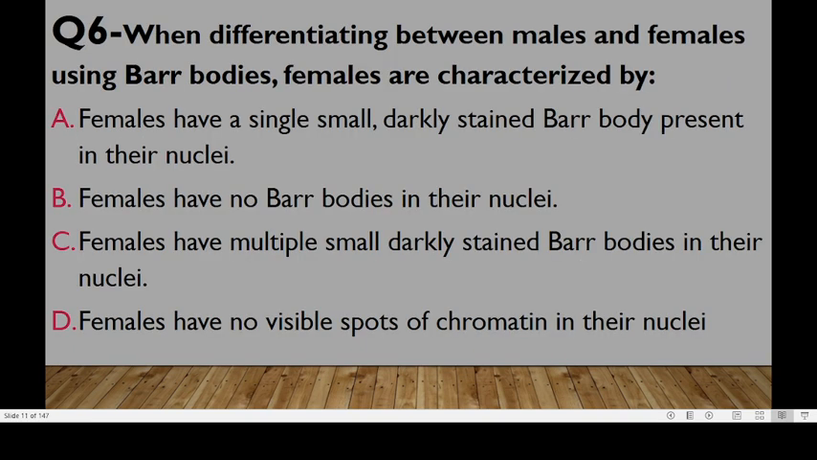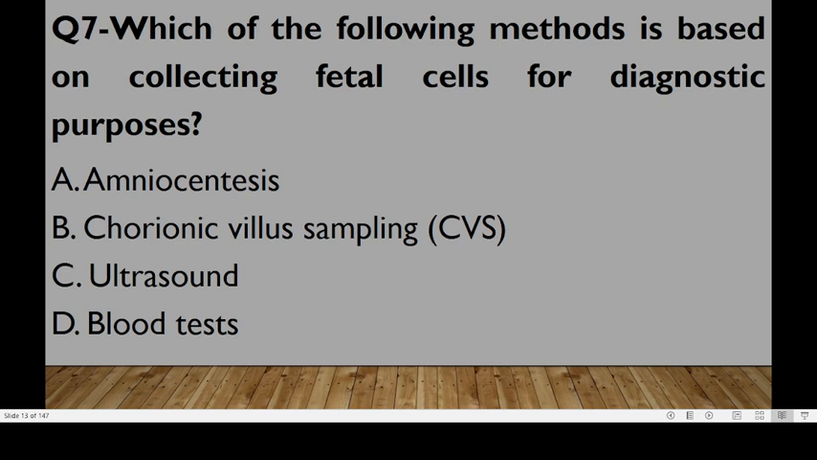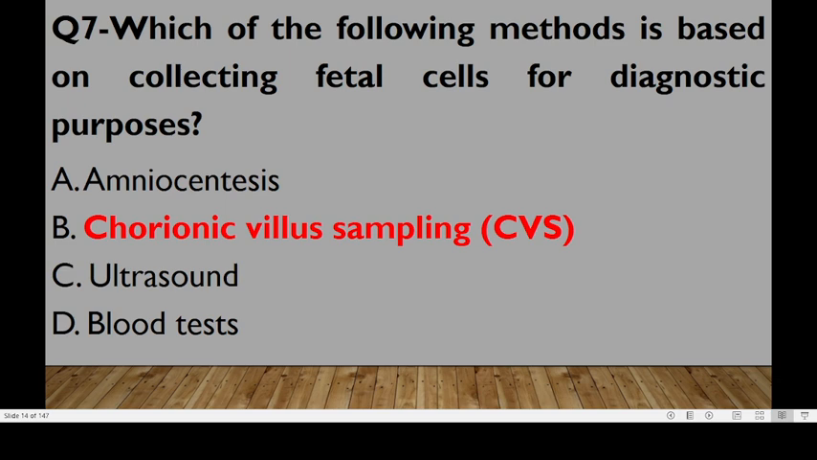When differentiating between males and females using Barr bodies, females always have a single small dark-stained Barr body present in their nuclei, which is different from the males. Which of the following methods is based on collecting fetal cells for diagnostic purposes? Chorionic villus sampling is the one that should be used in that process as opposed to the other